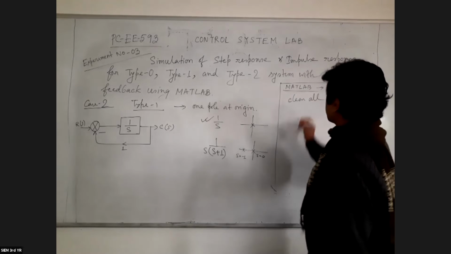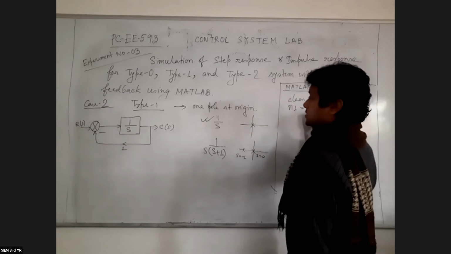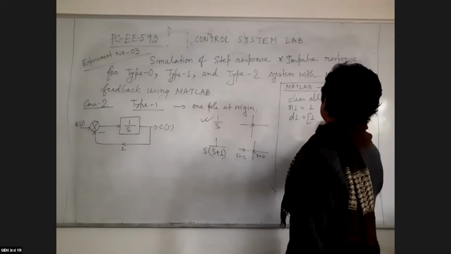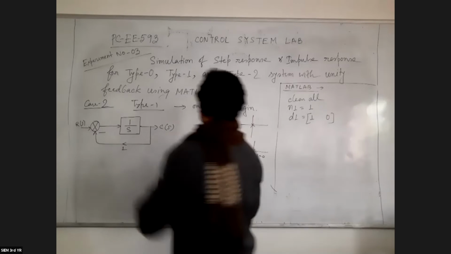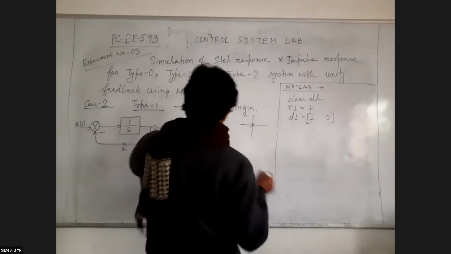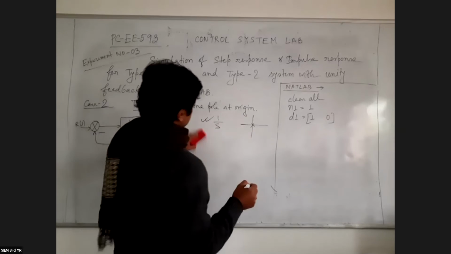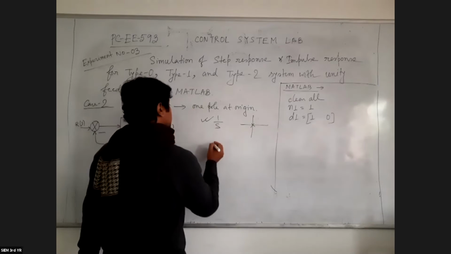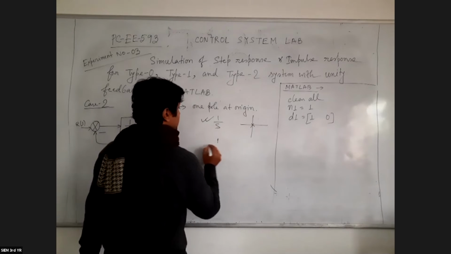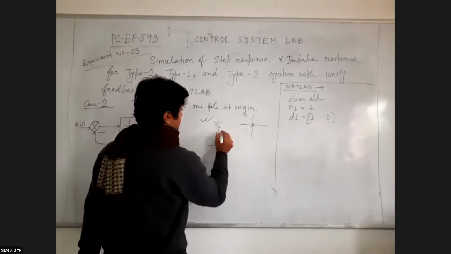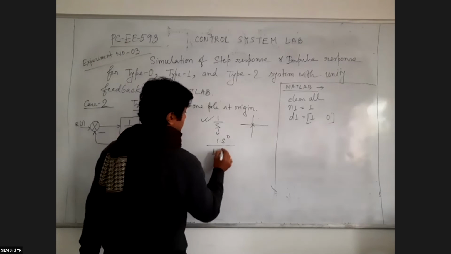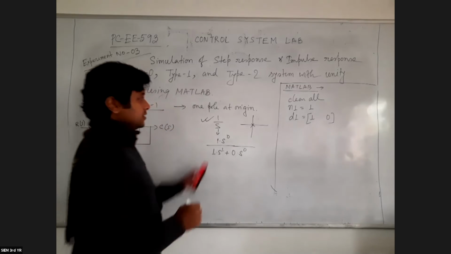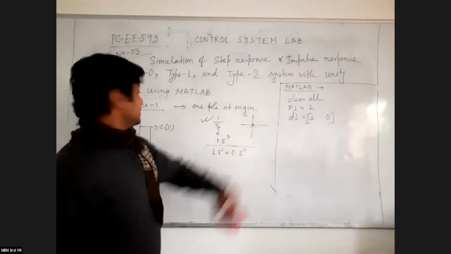Here n1 equals 1, d1 equals 1 space 0. Why is it 1 space 0? Because you can write 1 into s to the power 0, and this is 1 into s to the power 1 plus 0 into s to the power 0. That's why the coefficients are 1, 0. I'm writing here